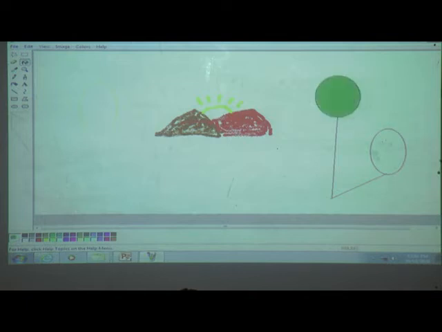Which color you want? Give different color. Got it? And if you want to draw eyes, then also which shape is useful? Good. Ellipse or oval.